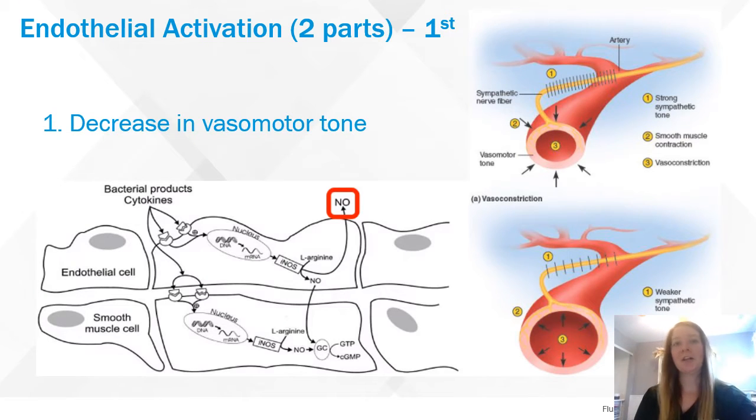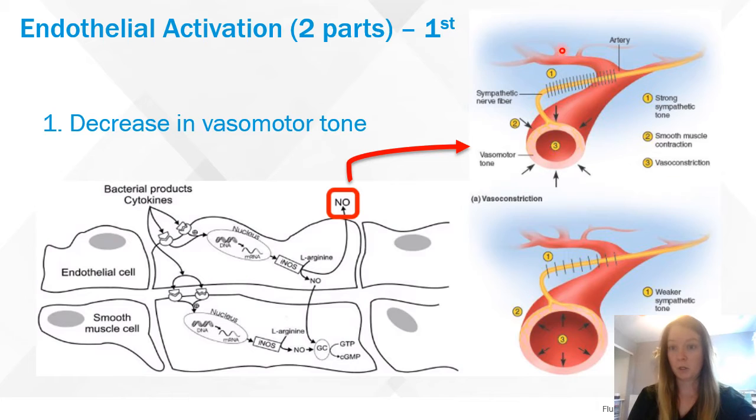So the endothelial activation, there are two parts. Sepsis, again, started with a pathogen, which caused our bodies to initiate a chemical reaction, which in the end caused a physical reaction. The first thing that happens is a decrease in vasomotor tone. And if you start looking here, this NO, also known as nitric oxide, is released into the circulation, which then causes the second part of the issue: vasodilation of the smooth muscles in the arterioles,